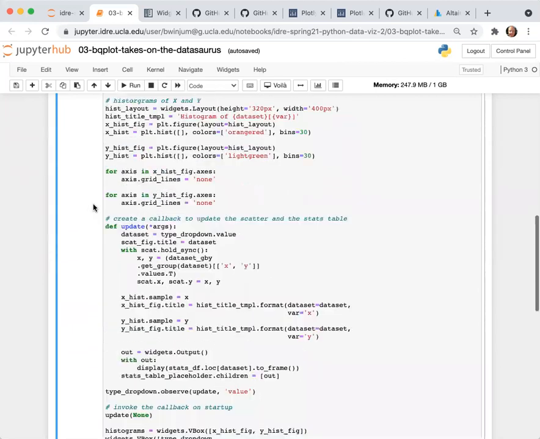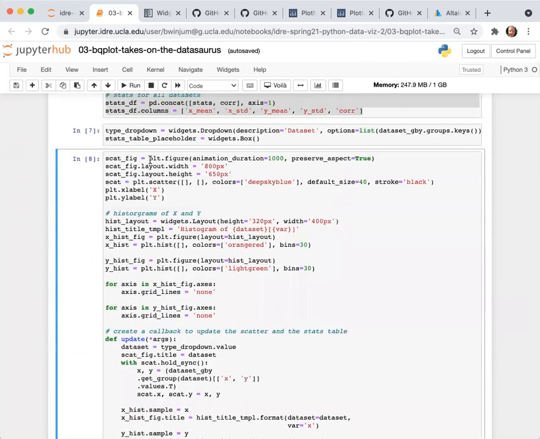So that flow, if you look over the code later, you'll see a lot of this is reminiscent of the matplotlib syntax, but it's different enough that it's like speaking a different language dialect. So there are input parameters here which you couldn't use in matplotlib and vice versa. But this animation duration is the input parameter which gives you that flow between different data sets.